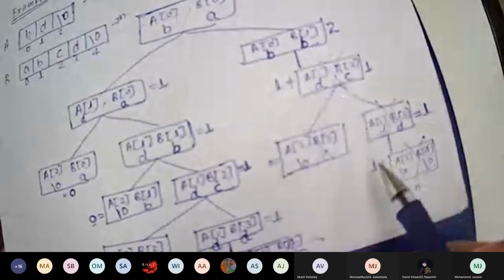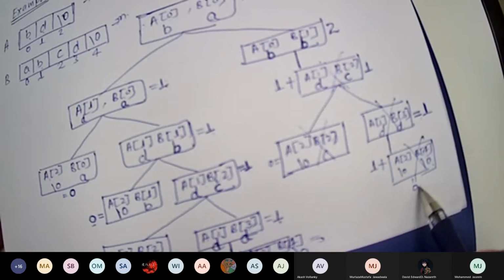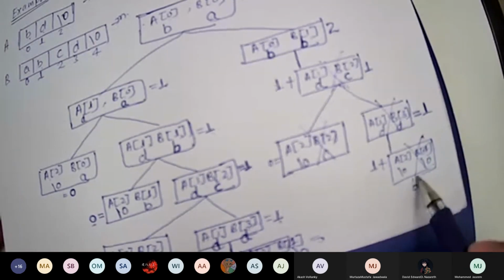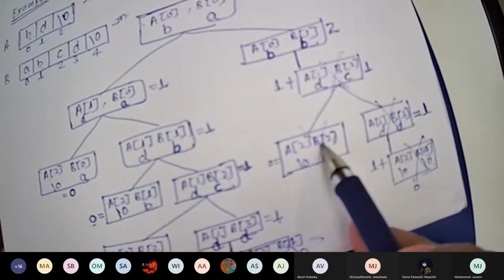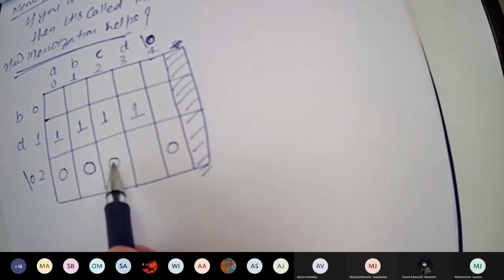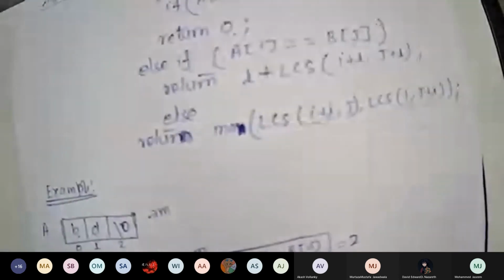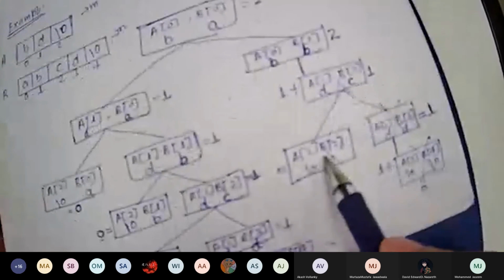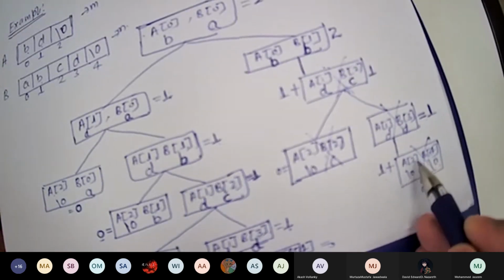So now tell me, here A24, you are calculating 0. Even before this, you calculated this. After this value, you calculated A2, B2, meaning 2, 2. But see here, we have already stored the value at 2 and 2. So if we have already stored it, do we need to calculate this? No. Then you calculated 2, 4, A2, B4.